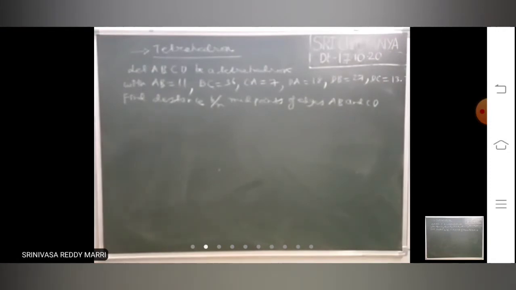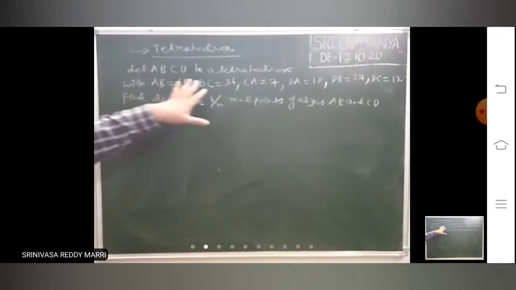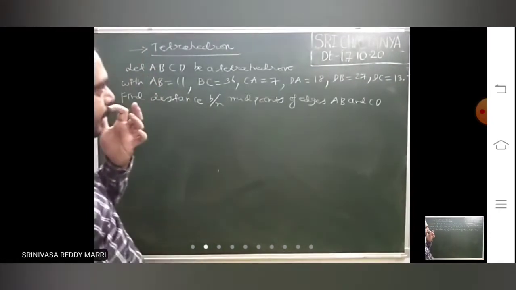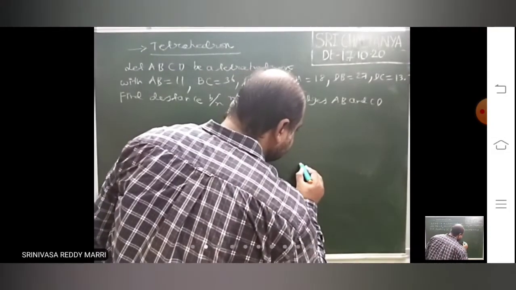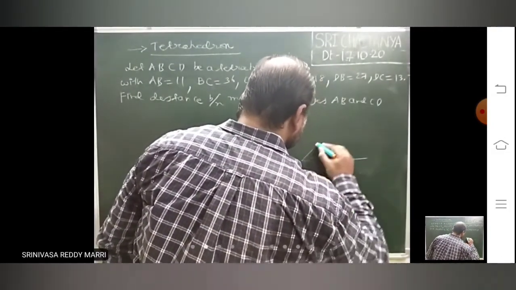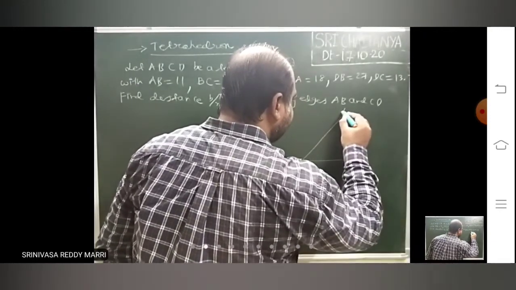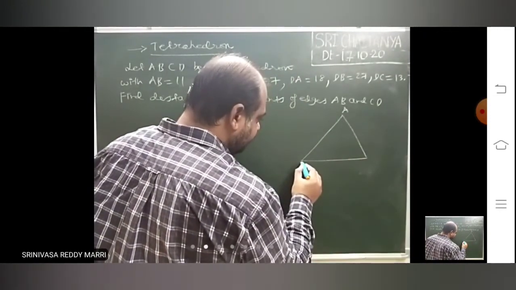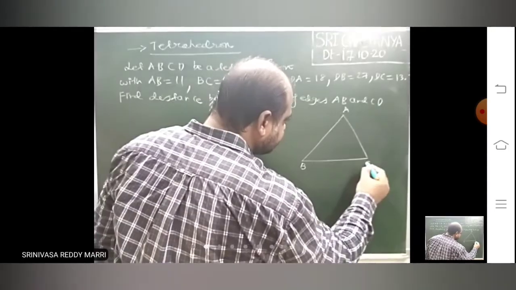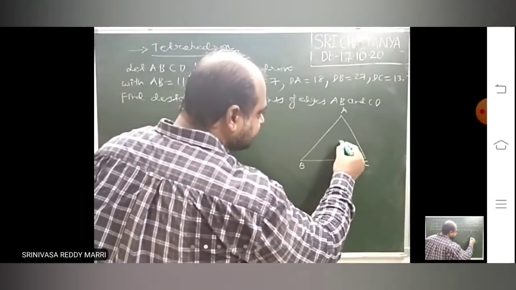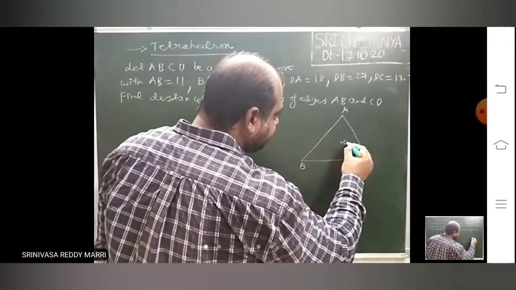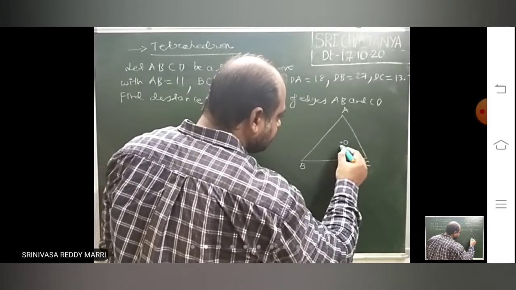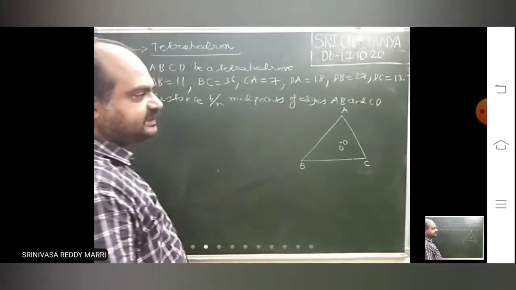Look, some information is given for the tetrahedron. This is not a regular tetrahedron, so all sides will not be equal, because it is clearly given. In that case, generally the tetrahedron will be taken like this. Look, while solving the problems, take one vertex as origin. The first step is to assume the position vectors by taking one vertex as origin. That means I am taking the point D as origin.